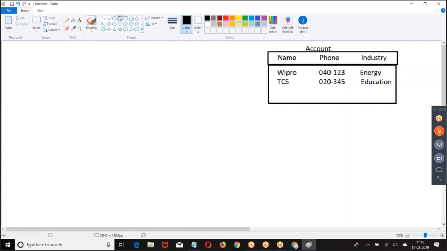Now, can you guarantee I always insert a single record? If I insert through data loader, I'm inserting a group of records. In programming, I have a list of accounts and I'm inserting that. So I can insert a single record or a group of records. I'm not sure whether you are going to insert a single record or a group of records. There is a reason: the trigger always considers that you are inserting a group of records.